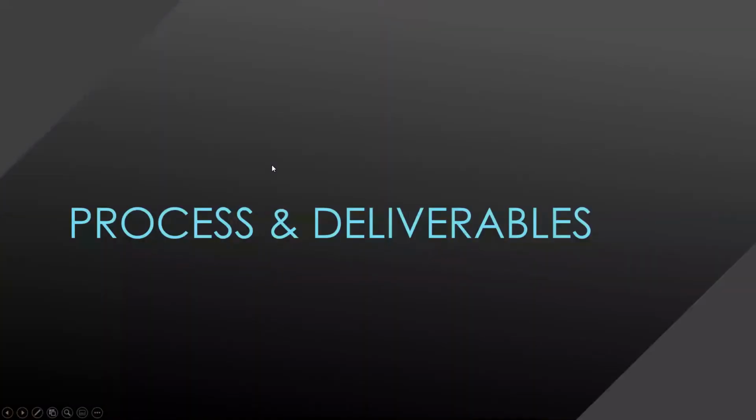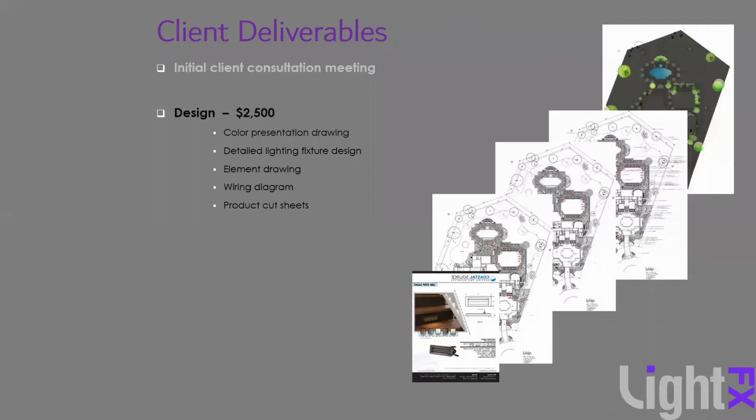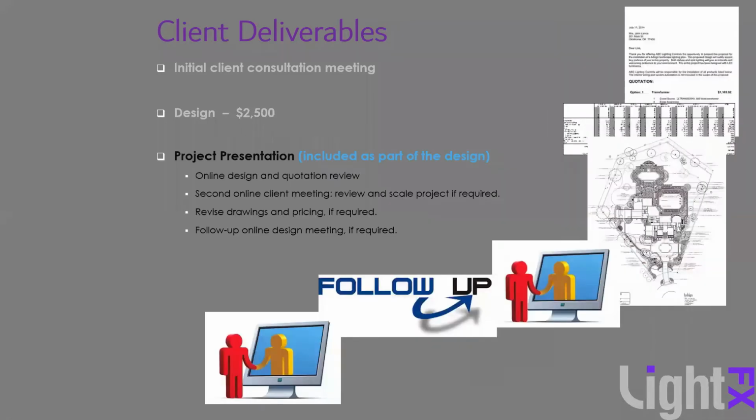So then I discussed what the process and the deliverables are, and the initial client consultation meeting was free. The design for this property was $2,500, and that includes the color presentation drawing, the detailed lighting fixture design, the element drawing, the wiring diagram, and the product cut sheets. Then I offer